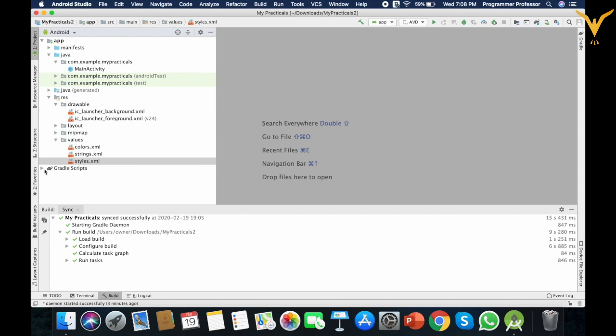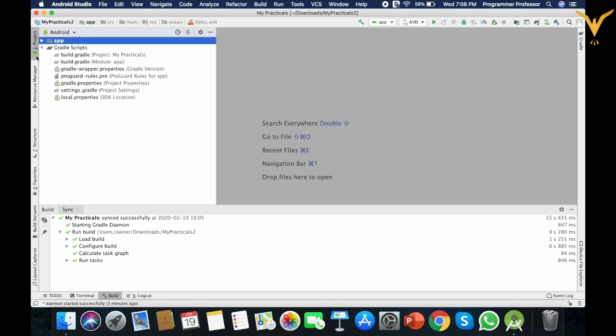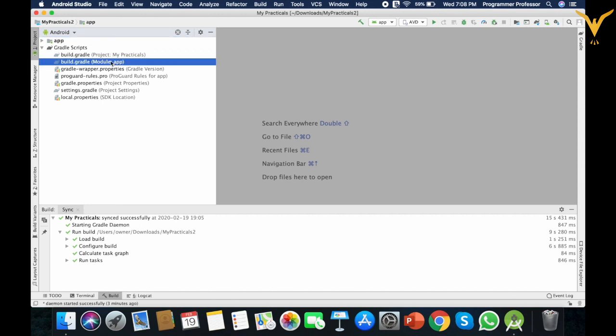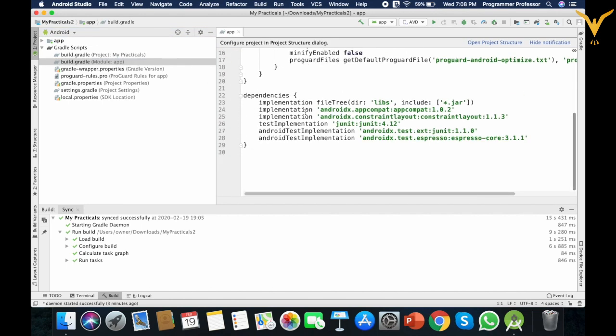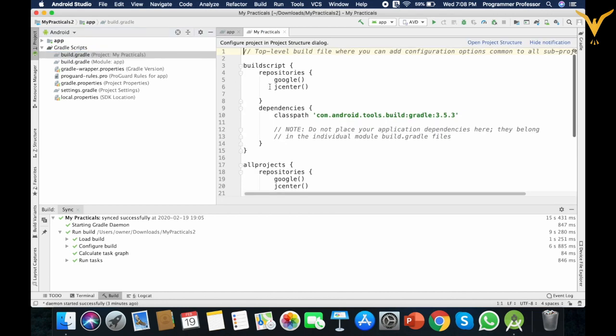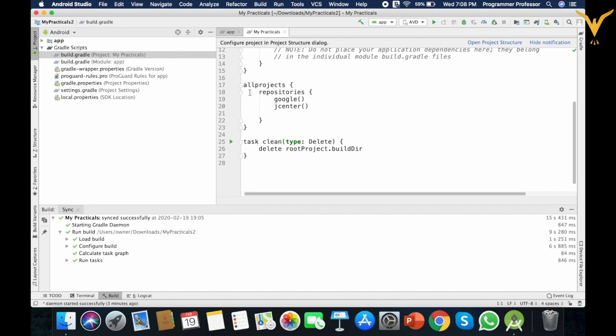Then you have these Gradle scripts. Let's close this. It has two components. Here you can add up the libraries inside the dependencies, and you have this project version where you can add repositories like Google, JCenter, Maven, etc. You will get to know all these components if you thoroughly follow these development practices.